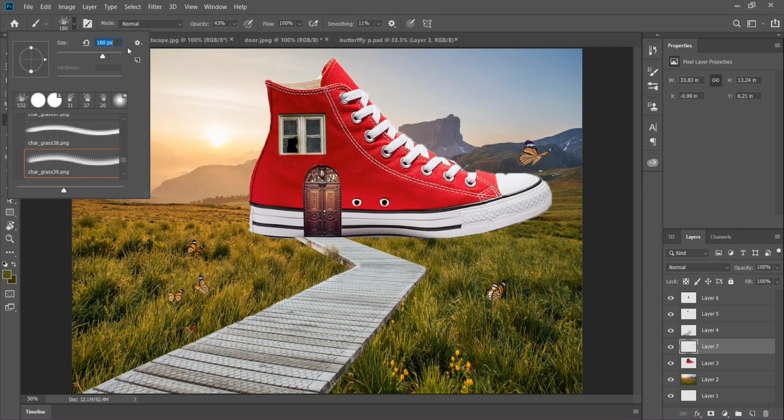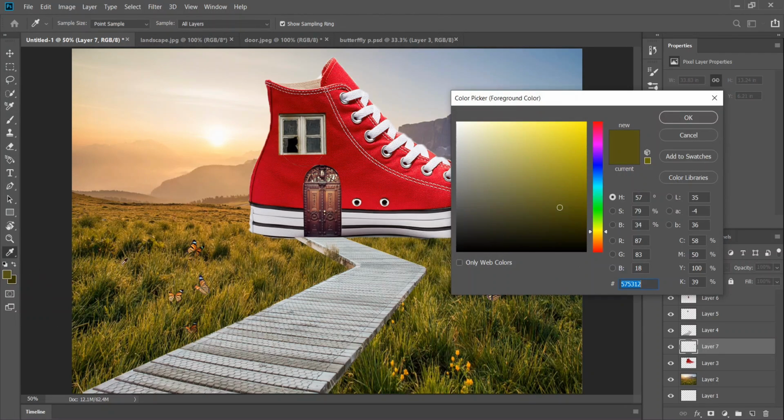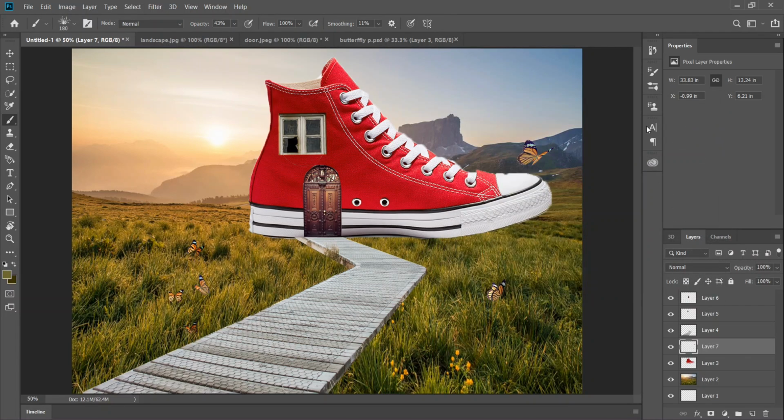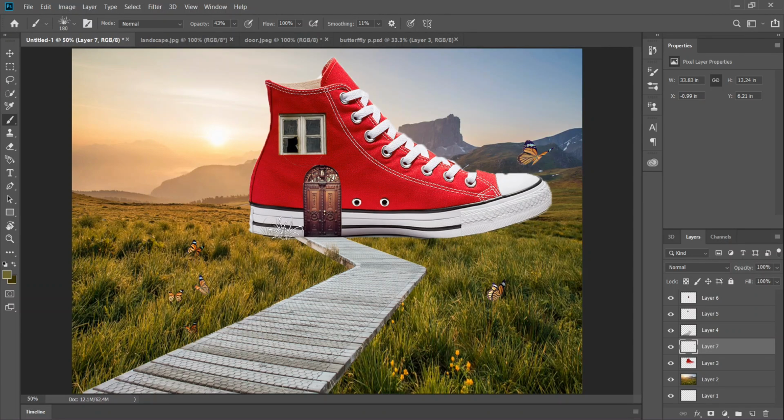And you can also make changes in the size, radius and smoothness of the brush, which you can see on the screen. I have selected a brush, and now I'm going to use the right color for that. So you simply need to select a brush and click on the screen so that you can find the right color for the brush so that it matches your